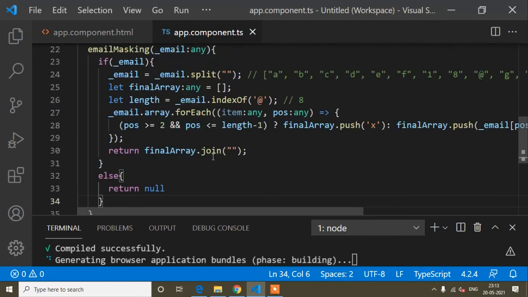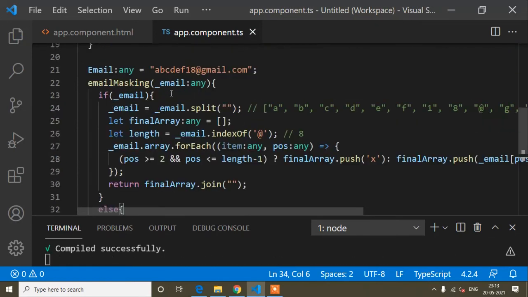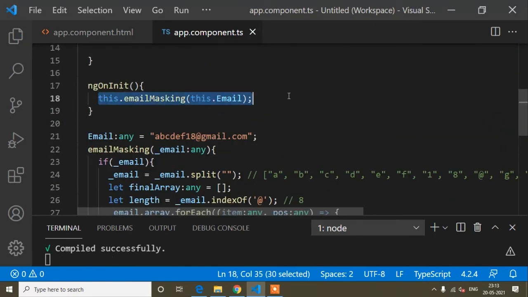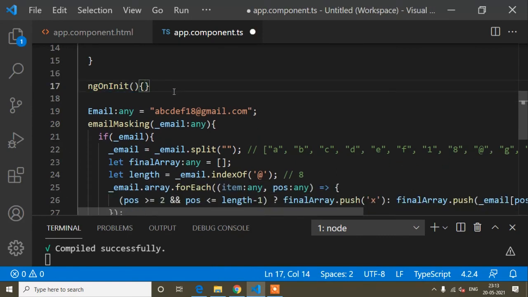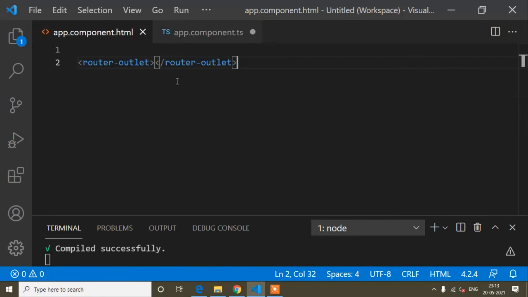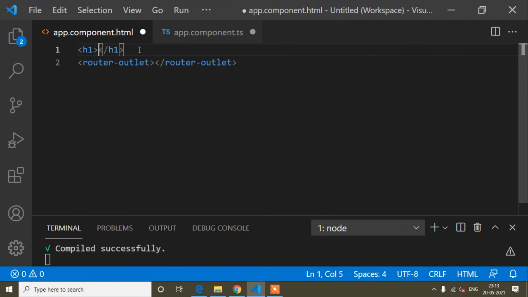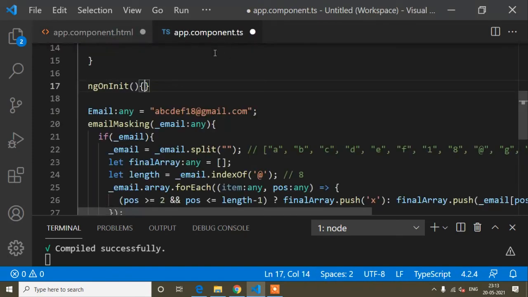Okay, so now guys here I don't need to call its own load because I have to show it in our HTML. So from here I will just cut this method, because I have to bind it in HTML. So guys, here I will write inside this h1 tag, I just have to bind this method.